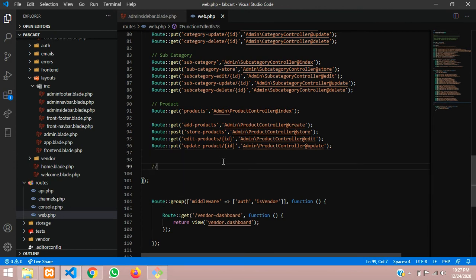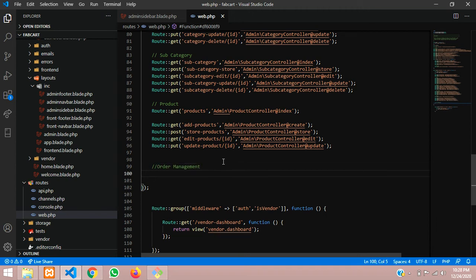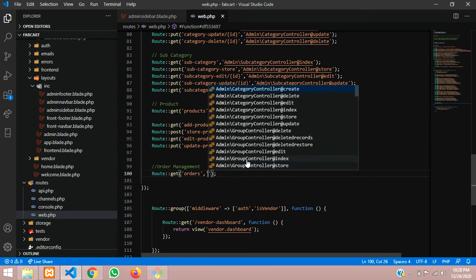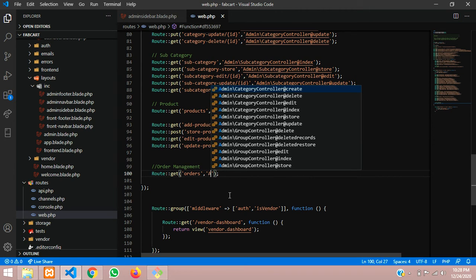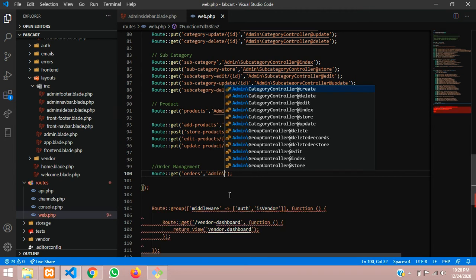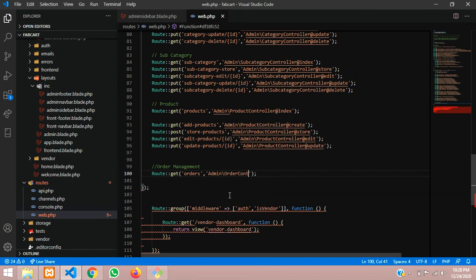Let me mention this as order management, and call the route with the get function where you place the URL. Now you have to create the controller for it. Inside the admin folder, we will call the order controller at index.